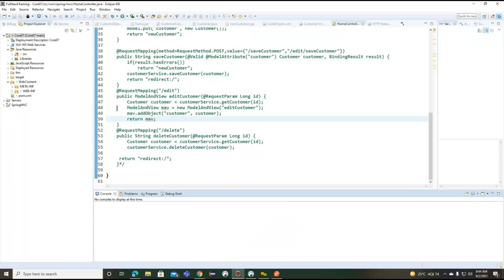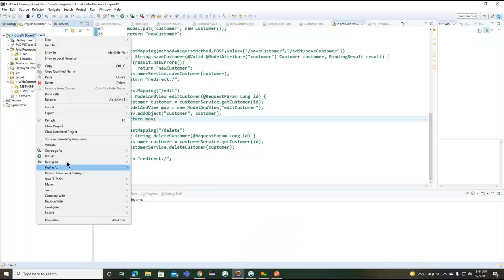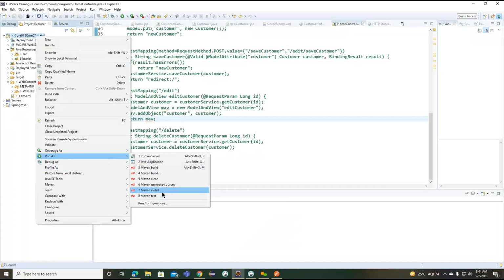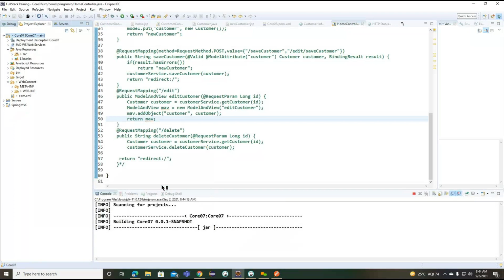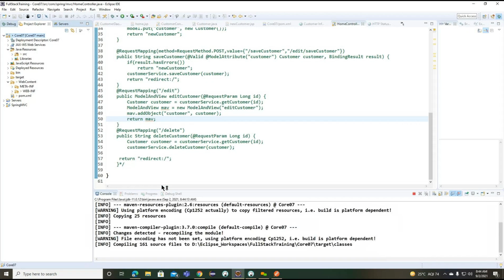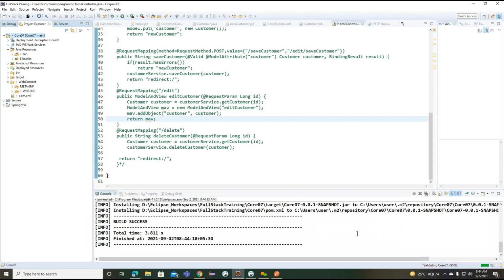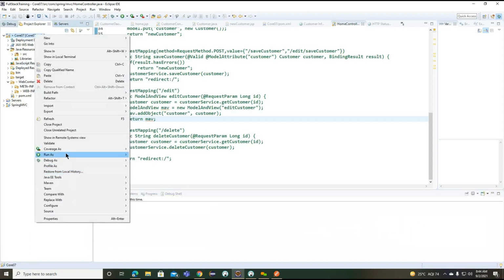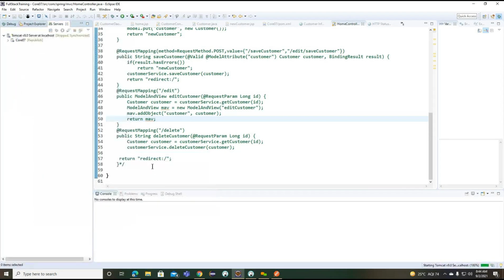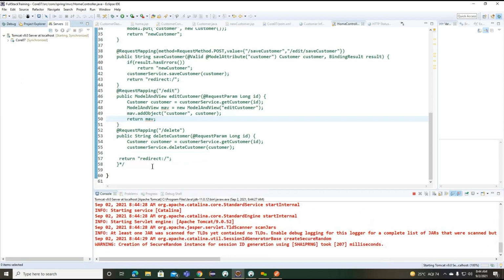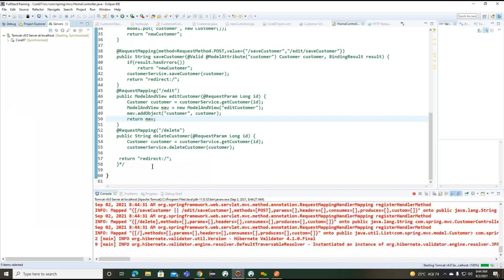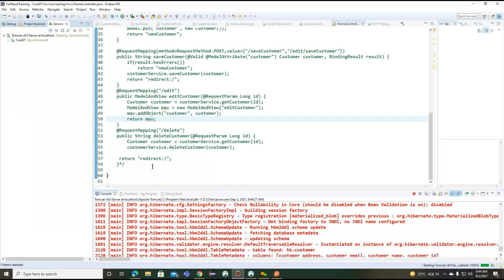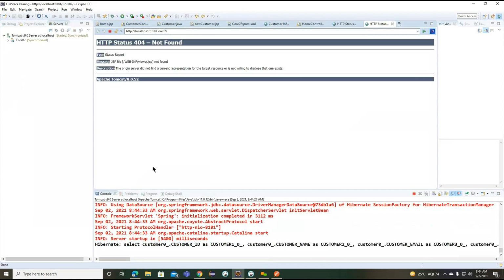Because of this particular version problem, every time we need to build the code here, because we are working with Java 10 version and Spring 3 version, so it is not supporting here. Because of this, the build is failing every time. So manually we are trying to build this particular application. Okay, so we'll try the same example. You can connect with version 4 here.